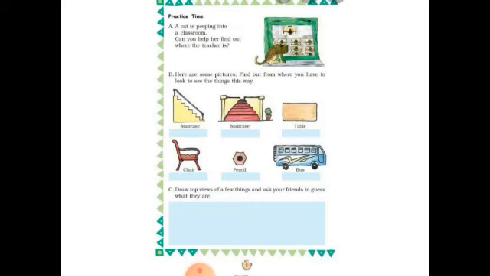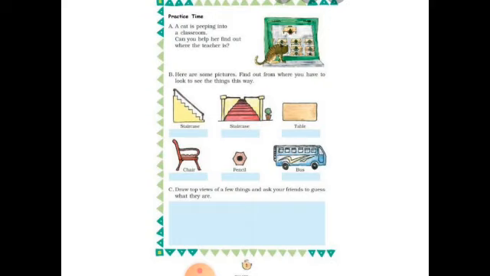And the third one is a table. Which view is it, children? Yes, it is a top view. And the chair is also a side view. And look here, children, the fifth one looks different. It is a pencil. Have you seen this type of pencil? Yes, take your pencil and observe it from the top, it looks like this. It is a top view of the pencil. Next, the last one is a bus. It is a side view of the bus.